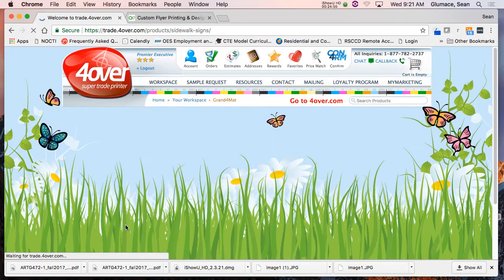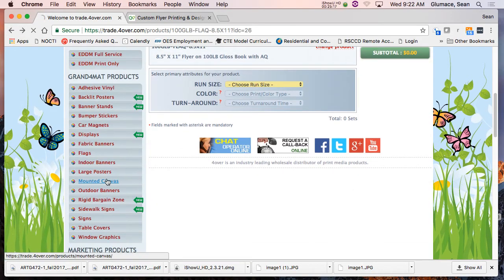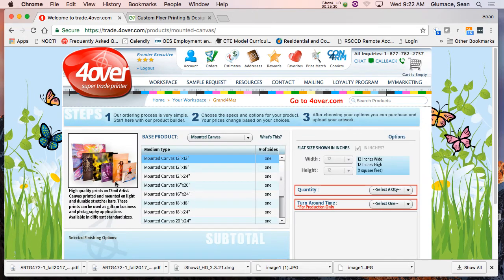But here we go, like sidewalk signs. They do those for like if you have a real estate agent, this is what the real estate agents buy. And so you get double-sided quantity. Let's just order one. $44 with the holder. So it comes complete. Just put it out. I got to order one of those for someone. They do mounted canvas too. So, at Costco, when you bring a photo in, this is the same process. And they're not that expensive either. They do next day plus one.